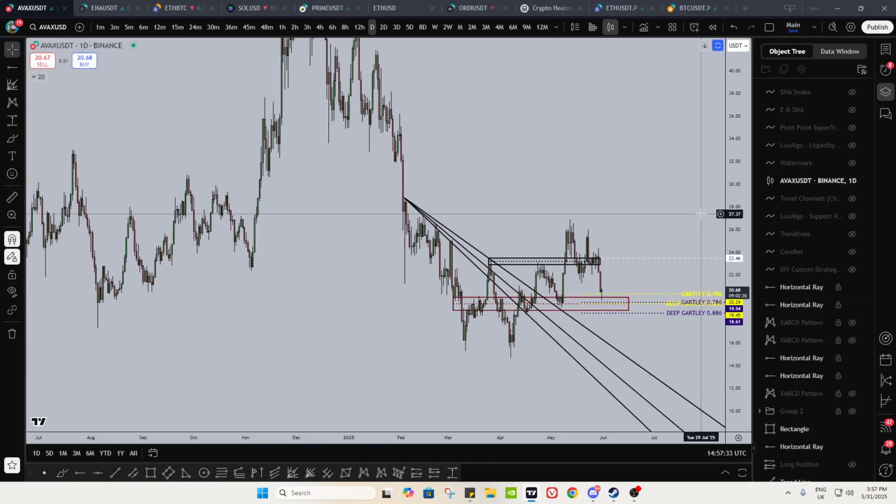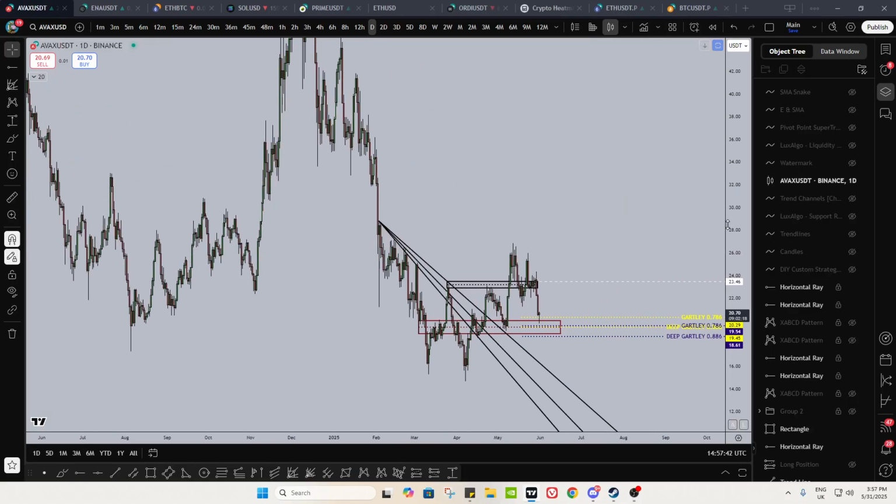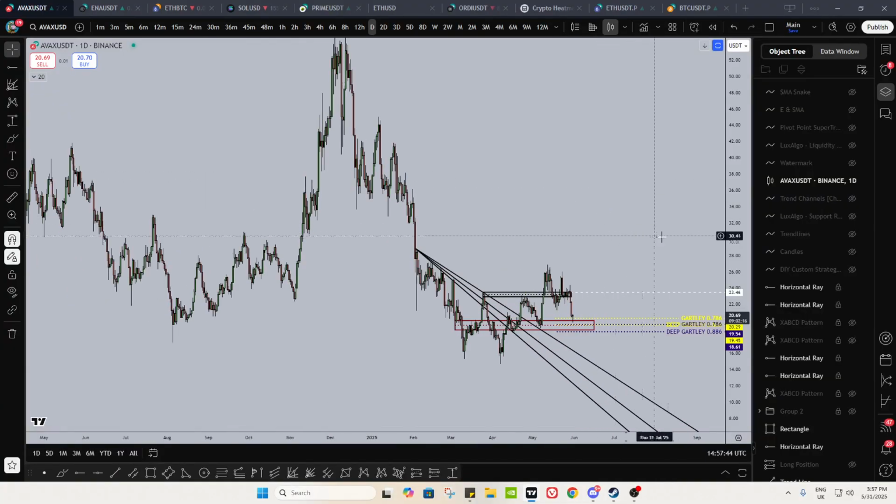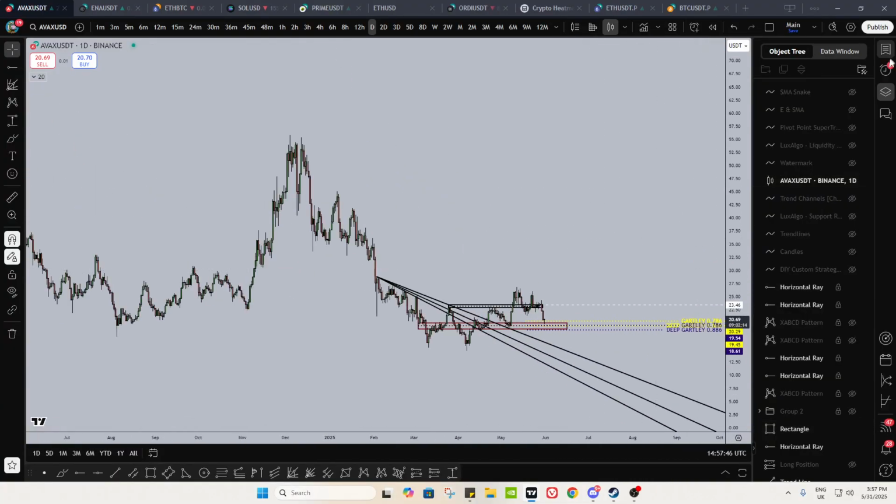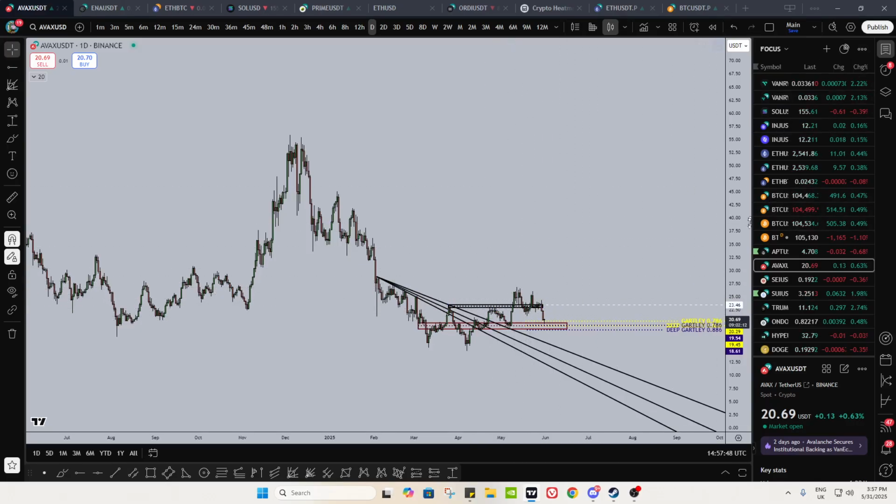Right, we're already in some swings anyway, right? So all the plays I gave, those swings should still be open. Maybe stop loss or break even some have hit. Otherwise, those swings should still be open, right? So risk-free swings already in those. So yeah, it's just a matter of patience here, in my opinion. But yeah, AVAX looks good, right?